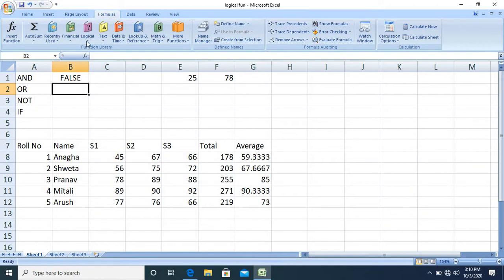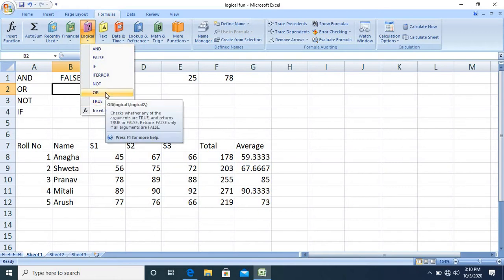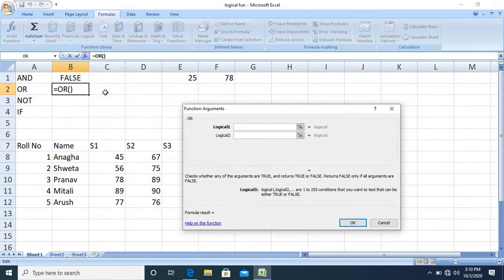Next function we have is OR. It is similar to the AND function, that is it takes a maximum of 255 inputs, that is the logical conditions. If any of the conditions is true or all the conditions are true, it returns true, otherwise it returns false.